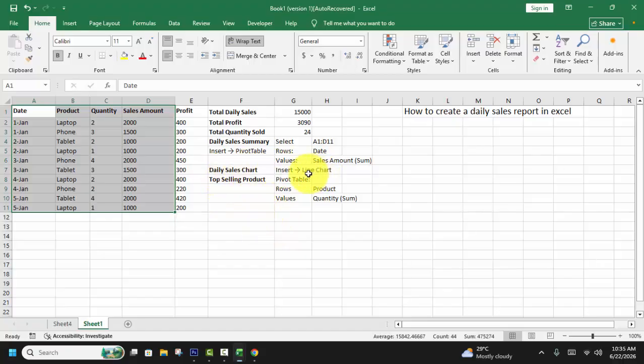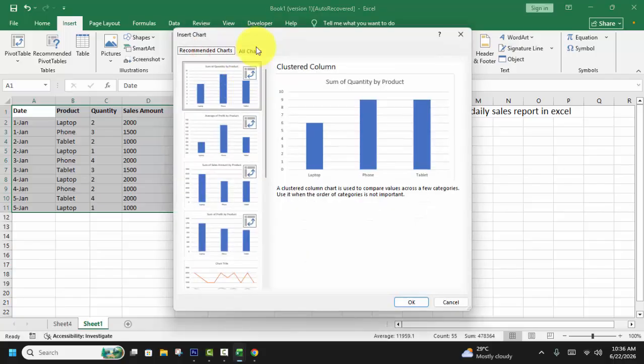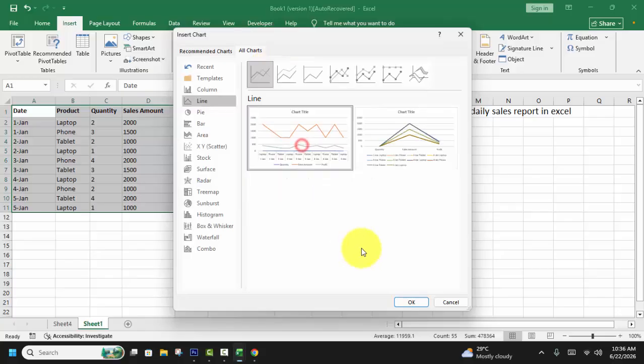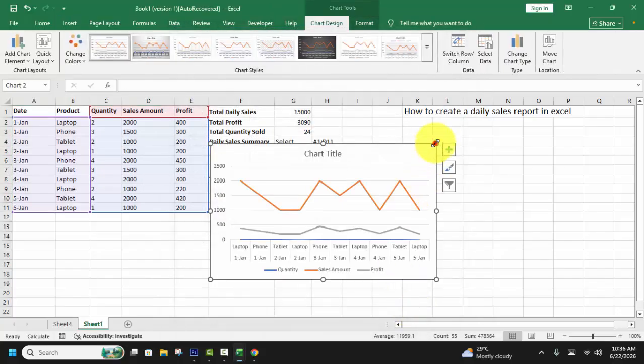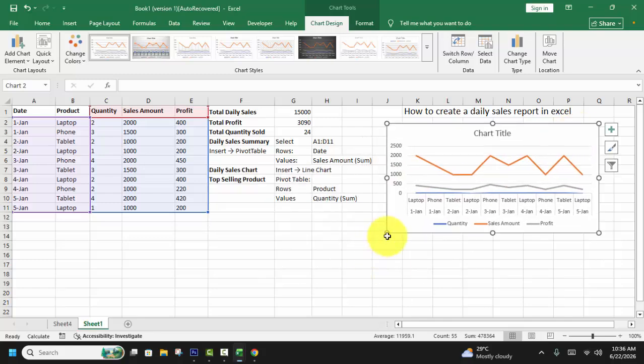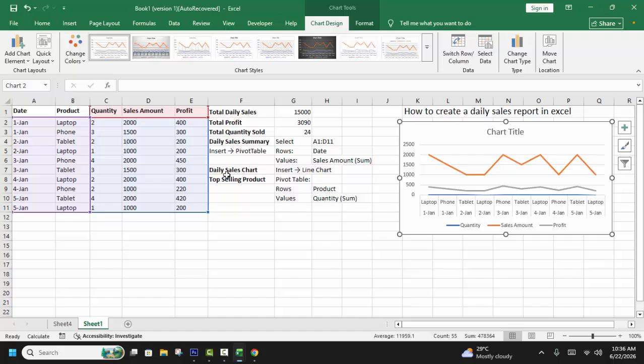Daily sales chart, insert line chart. Select your sales D or E, go to insert tab, recommended chart, all chart, line chart, choose line chart style, select the first one. Then again